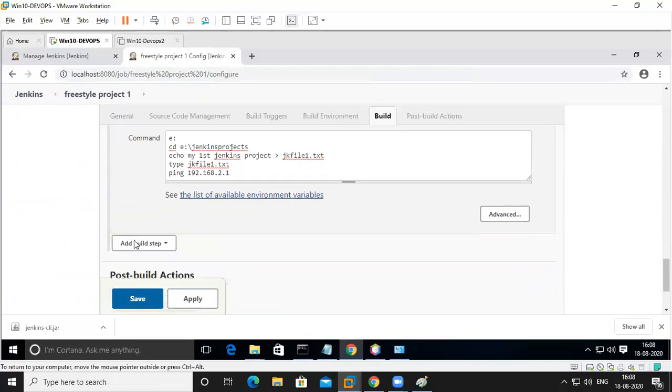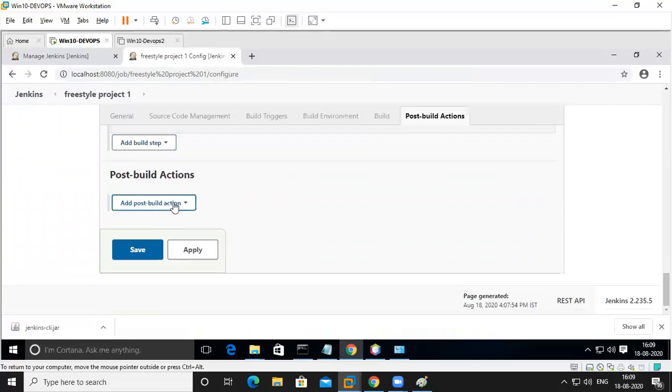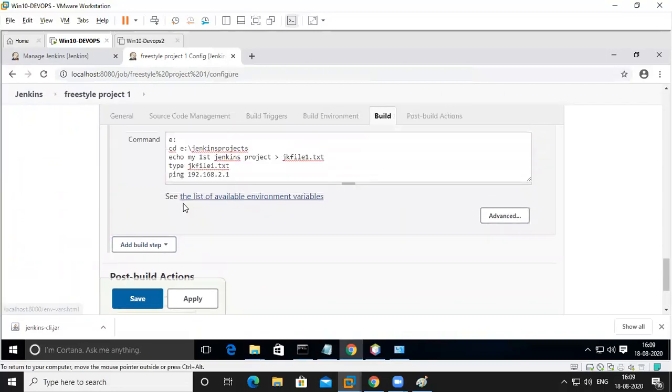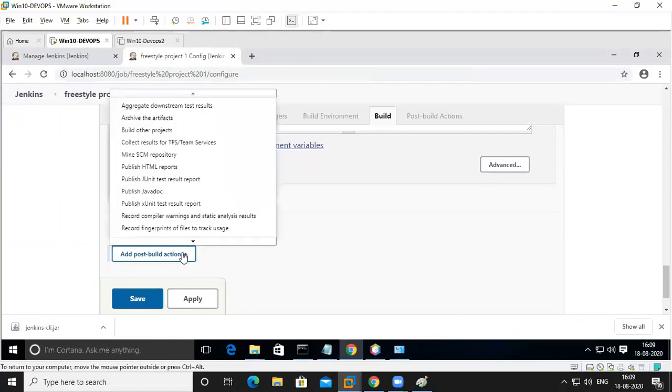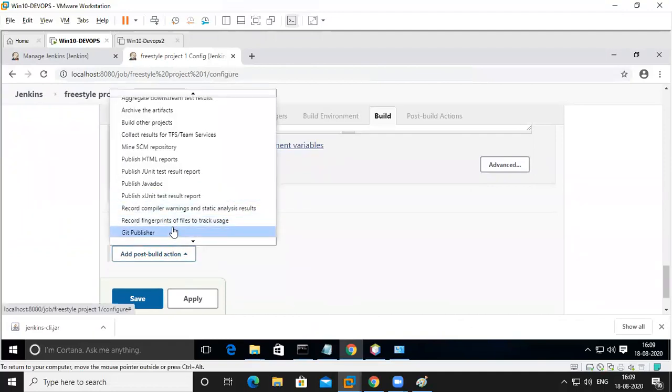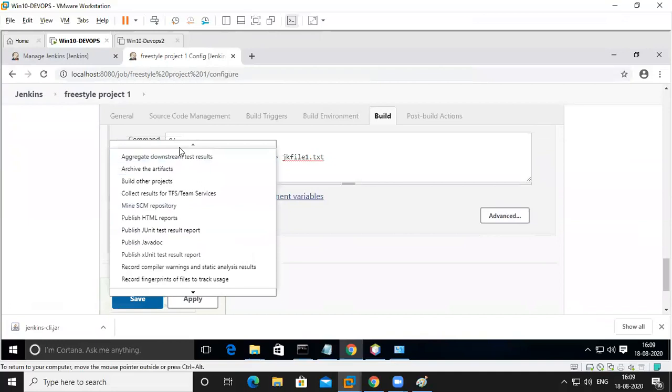Okay, and this is a build type. So what is a post build action? If you want to add more steps also we can do it. I'm adding a post build action also. So what to do with the post build? Build another project, we can do it.